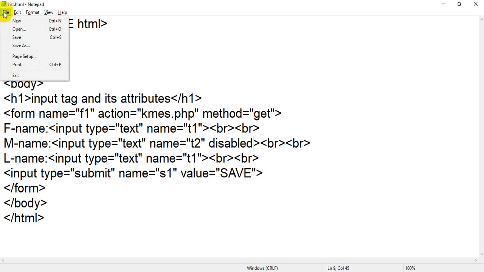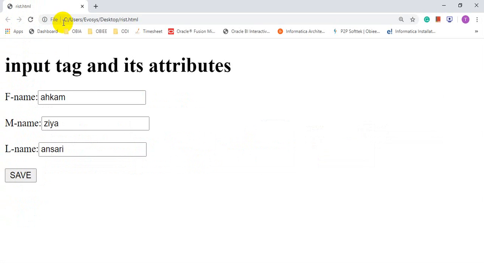Save the file, flip back to your browser. See, to middle name I have given disabled. Right now I can type, but when you refresh the page, see, this text box is disabled. In the first text box you can write, but in the second text box the cursor is not going to accept any value. So this box is now disabled. You cannot write, you cannot edit, you cannot even touch.